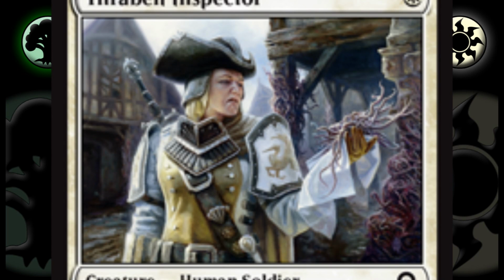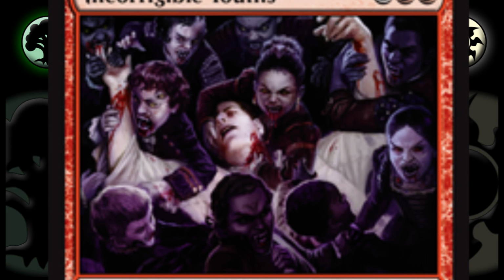But the final strange clue that a lot of people caught, and this is the first one that I caught, was the card Incorrigible Youths. If you look really closely at the vampire that's biting the dude's hand, right by his wrist, he has a third eye